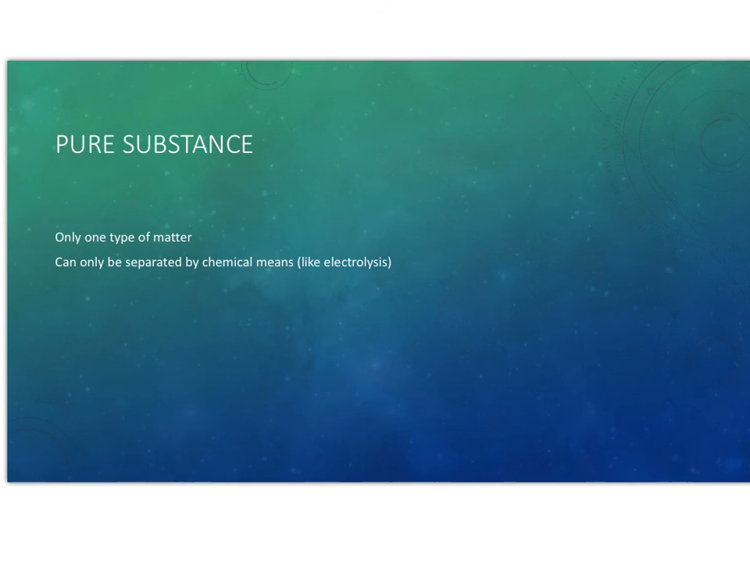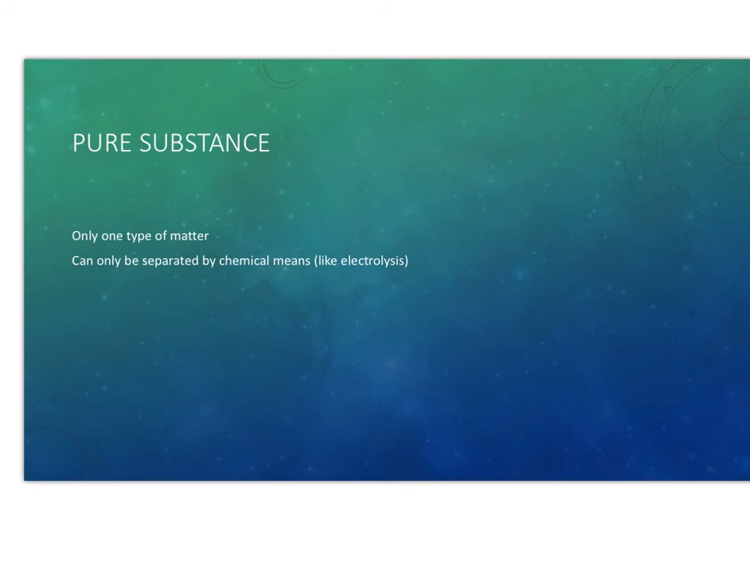So here comes the good stuff. The goal of this lesson is for you to be able to differentiate between pure substances and mixtures. So write down the definition of pure substance. Only one type of matter, can only be separated by chemical means. An example of chemical means is electrolysis. We use electricity. There's the word electro, we use electricity and